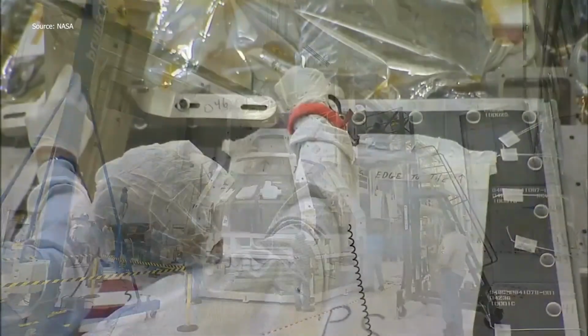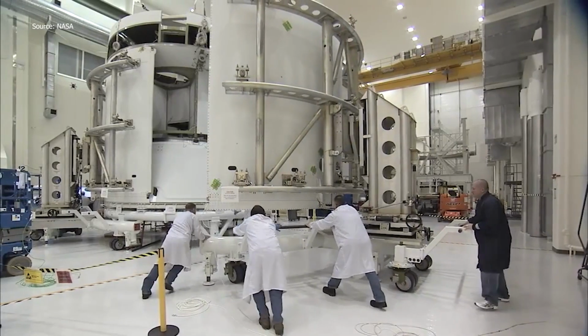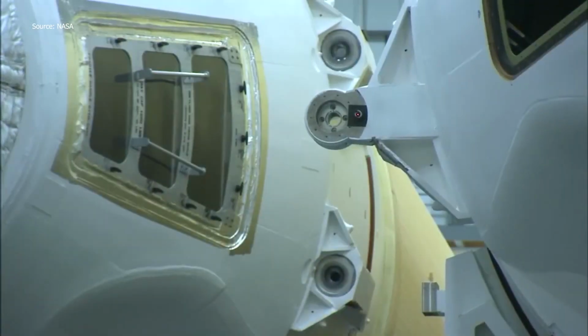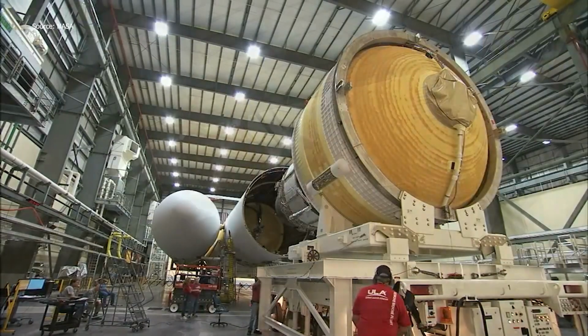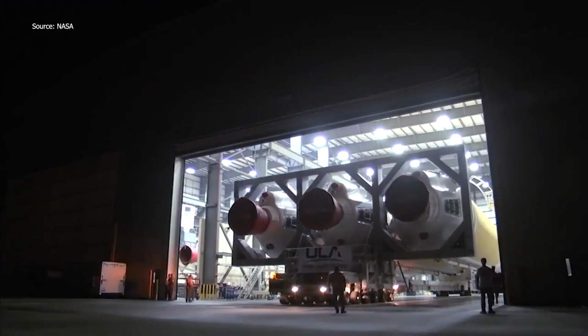The Orion crew module arrived at Kennedy Space Center in June 2012 for manufacturing and testing. Over 2 years, engineers transformed the green shell into a fully functional spacecraft. The service module and protective fairings were also assembled. In September 2014,